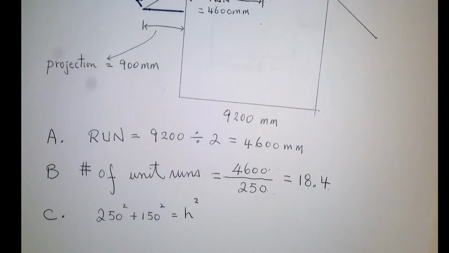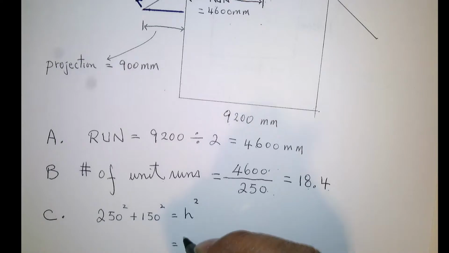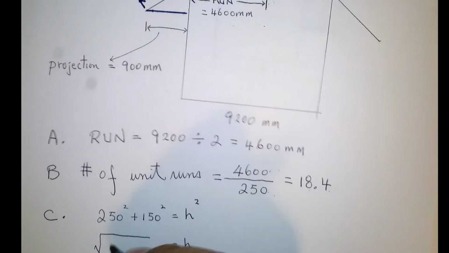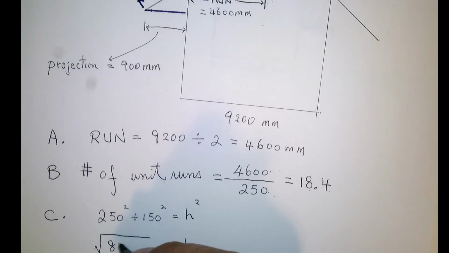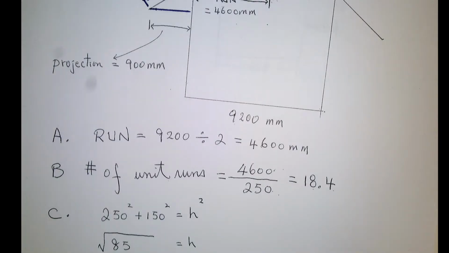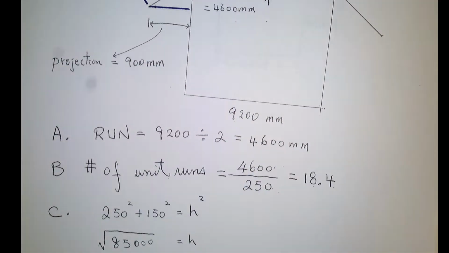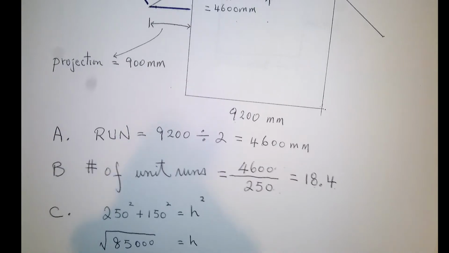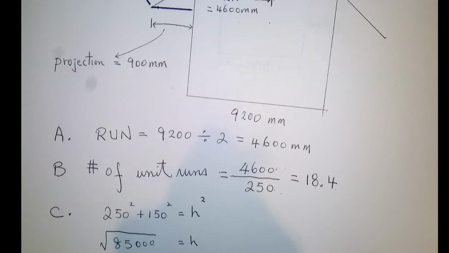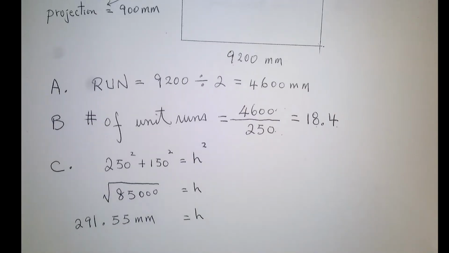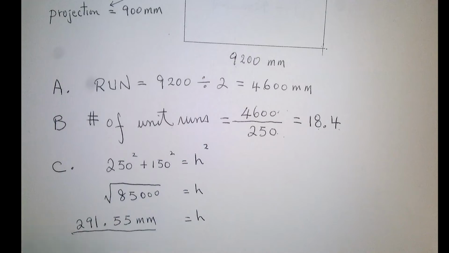So you have 85,000, .55 millimeters. Alright, so that's 1 unit of hypotenuse. It's right here. So the meaning of the answer